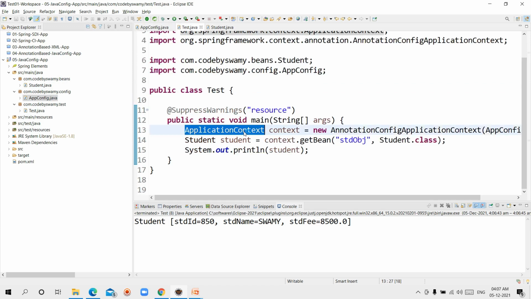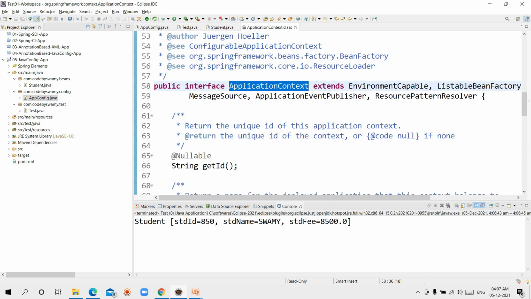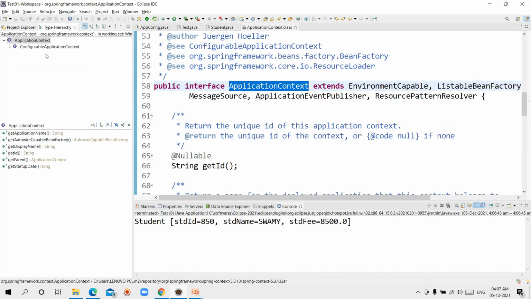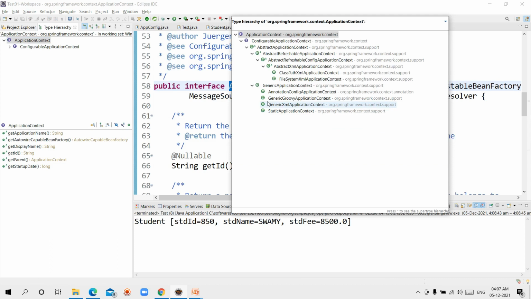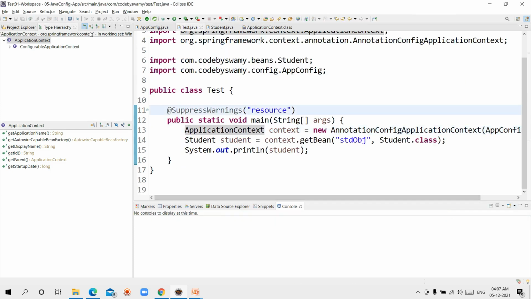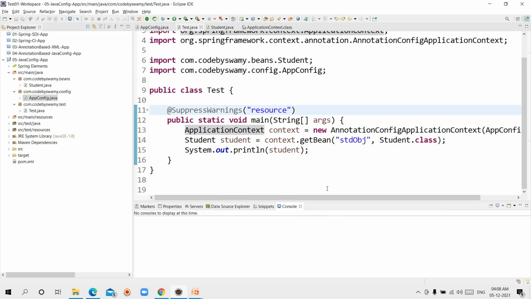ApplicationContext is the IOC container. If you want to open it, this is the interface. If you want to know its implementation class, like this. If you want to go inside it, here we are using AnnotationConfigApplicationContext. This is for annotation as well as Java configuration. Now this is a Java configuration. We achieved Java configurations also.